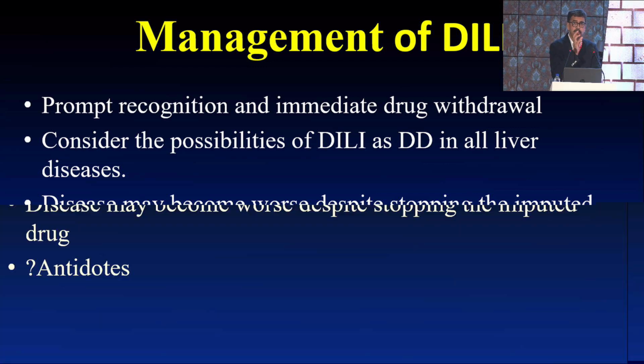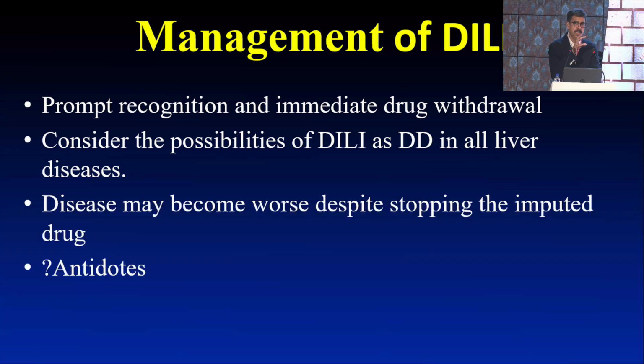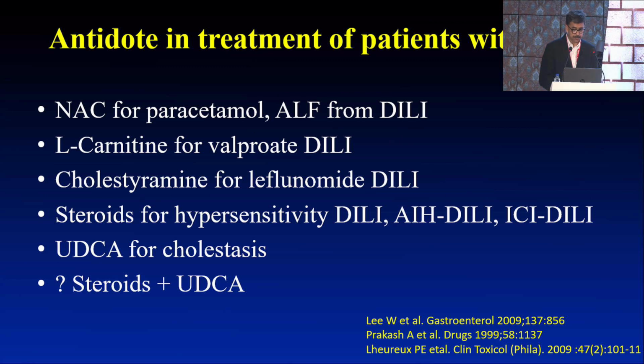Now, even though you identify the culprit and you stop the drug, it takes some time for the liver to regenerate. So just be patient before you look for a response to treatment. And unfortunately, there are only a few antidotes to drug-induced liver injury. And what are the antidotes? N-acetylcysteine for paracetamol as well as acute liver failure from drug-induced liver injury. L-carnitine for valproate-induced liver injury. Cholestyramine, again specifically: if you don't think about cholestyramine and don't give it, they have a high mortality